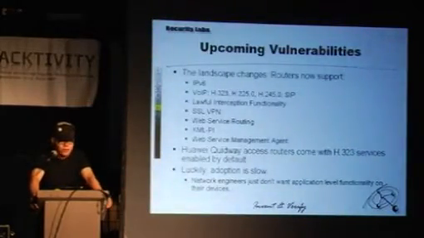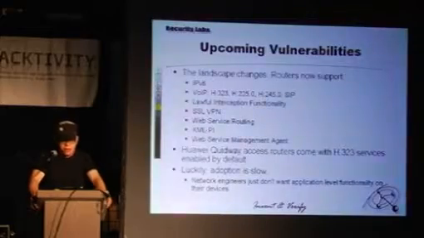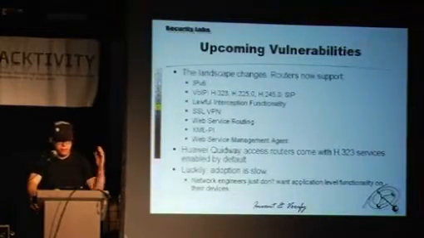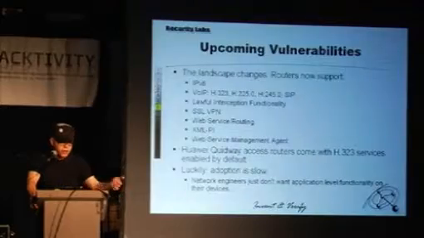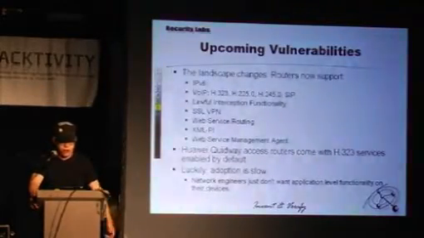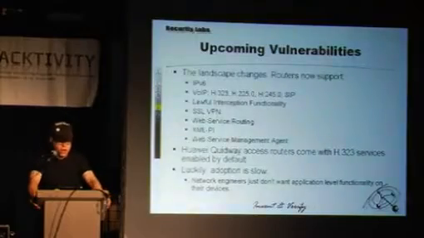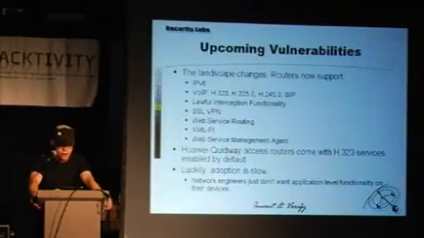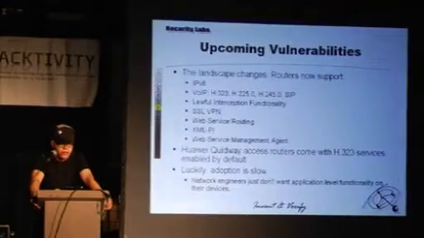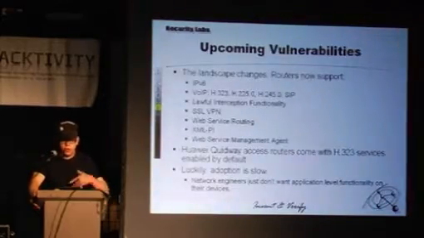But what is a lot more emerging and pressing right now is the whole voice over IP bullshit, because it needs support on the core routers. So people are actually putting voice over IP functionality on their Cisco routers, or they're turning it on, which is not very good, because now the router actually has to look at a lot of traffic and deal with the traffic instead of just forwarding it.